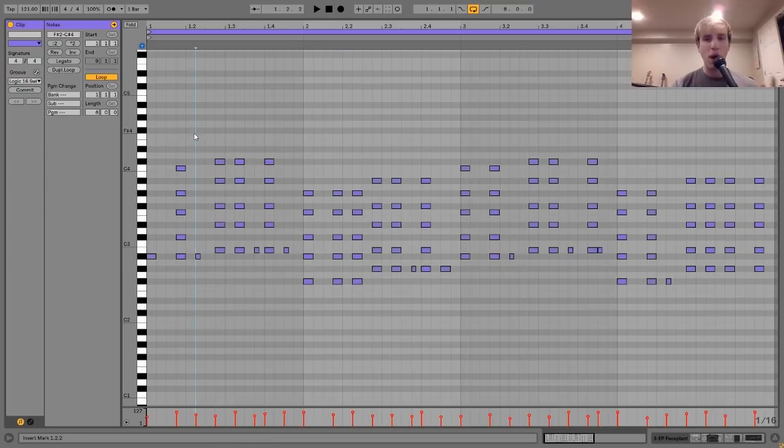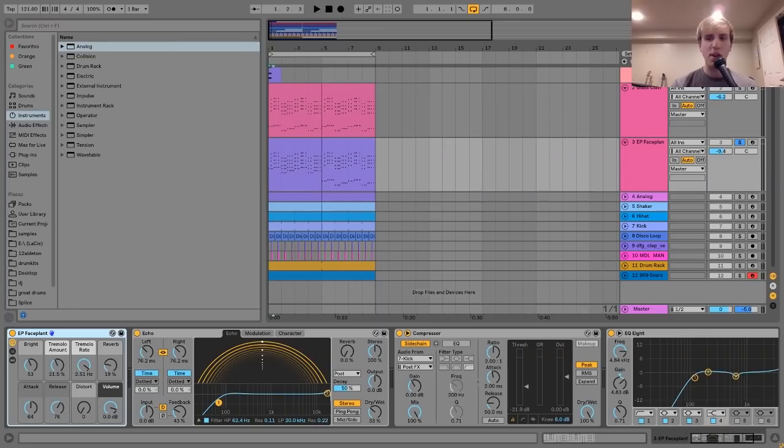Another note I will make about this is, one, you can see I have this groove here, this Logic swing. I have this on all the MIDI clips in this project. I'll show you as I go through. The reason for this is because I could do the swing myself where I just move it over, but what this is going to do is give everything a uniform swing. Since we have so many elements here that are all grooving together,